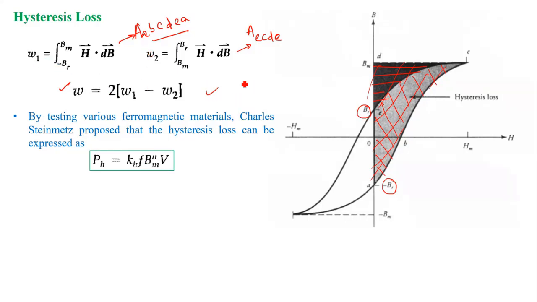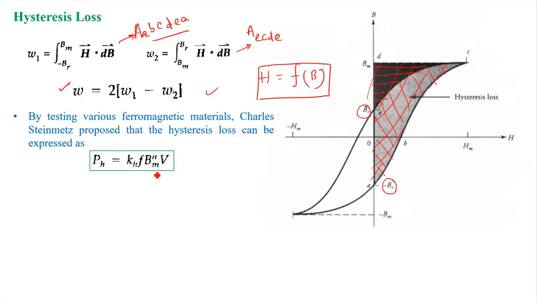Here we cannot express H in terms of B, right? It is difficult to find a particular function of H in terms of B. So through experimentation, Charles Steinmetz has proposed the hysteresis loss as this: Ph will be equal